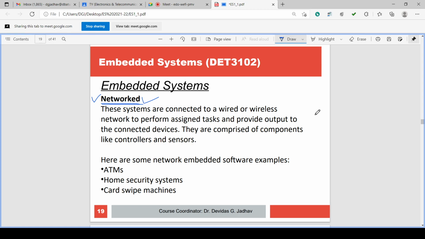The systems are connected to a wired or wireless network to perform the assigned task or to provide the output to the connected devices. Suppose one device is there that is sensing some parameter in the industry, and that parameter is sensed by that embedded system and sent to the master embedded system through the cable or